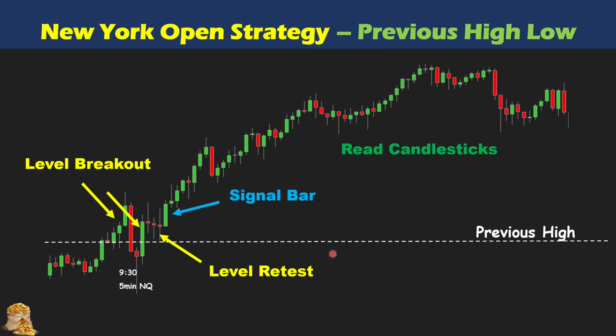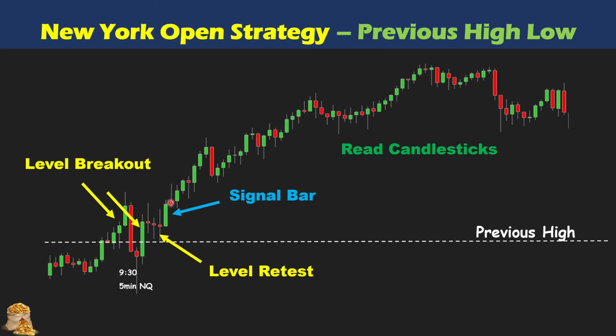And another thing is also combining with reading the candlesticks. Take a look at the behavior here. Even though it goes down here, still there are 3 doji bear bars here. That means the downside pressure reduced greatly, and then the next bar is a very strong bull bar going up. So that's why by reading the candlesticks, combining with the previous day high, you can see your entry is actually